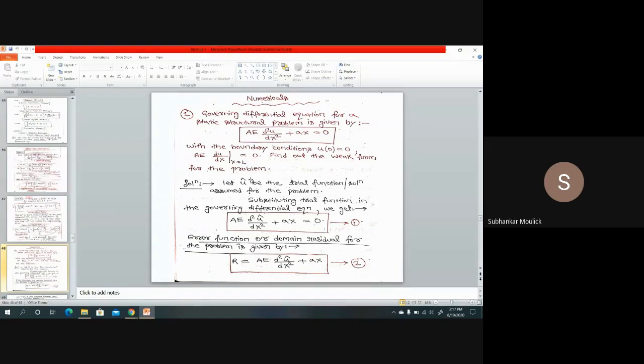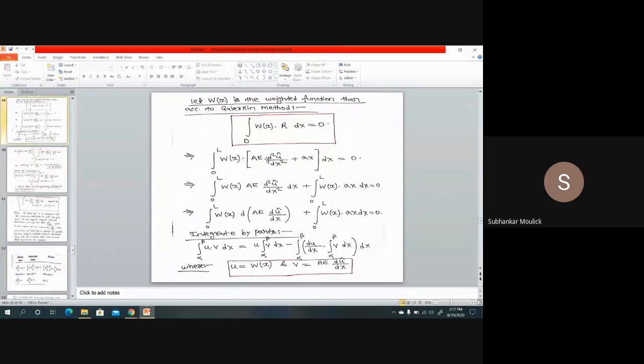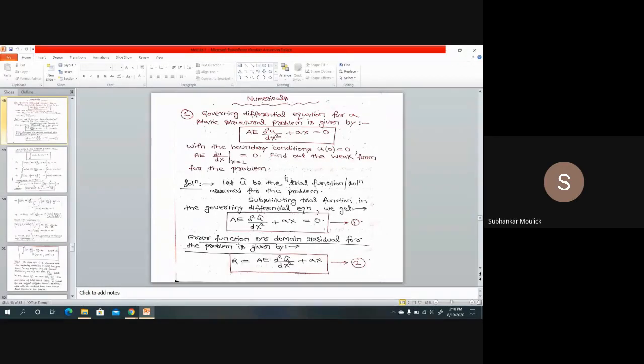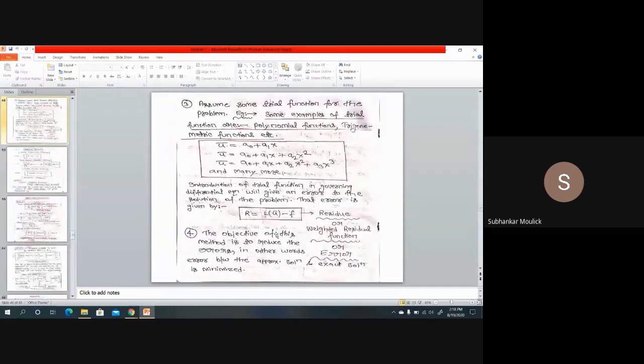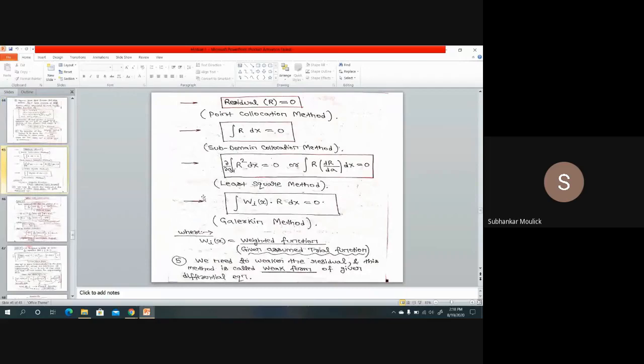So the main objective of converting the strong form into the weak form is to weaken this differentiation order of u. That means anyhow you have to make it du over dx in such a way that the one differentiation which is left, you add it with the weighted function, because I have told you in the last class that the weak form is associated with the Galerkin method.